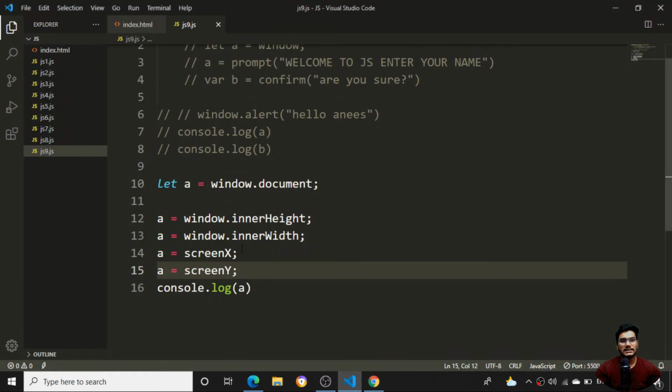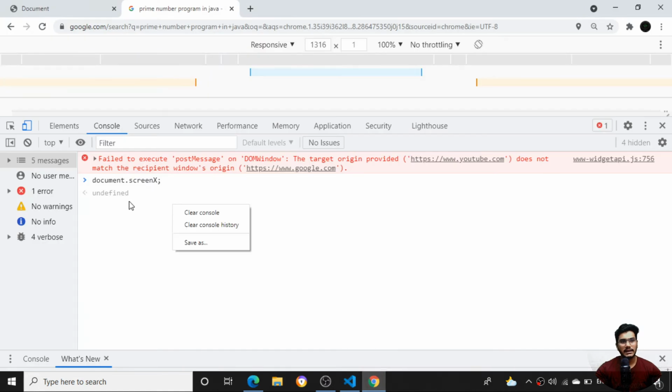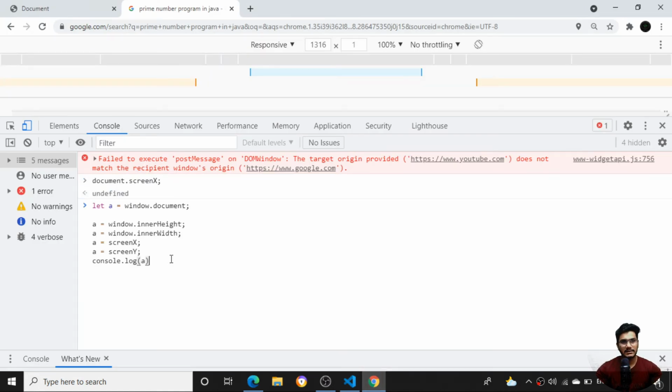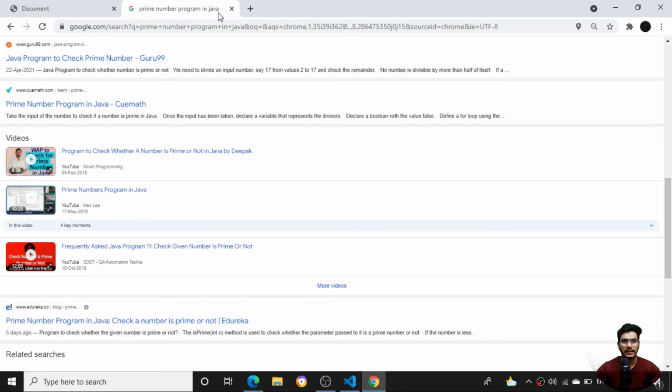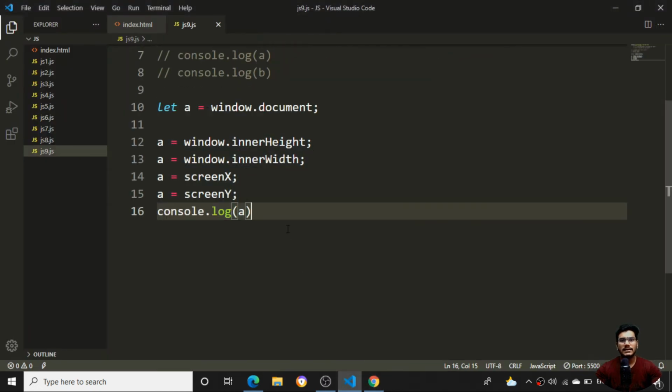So same thing, if I copy the same thing over here and press enter, now I'll right click and save it here. You can see if I press enter, I'm getting a screen value of 0, because there is no scrolling over here. If you have something to scroll, you will get a different value at that time. Because there is no scrolling, it is returning 0 for X as well as for Y.